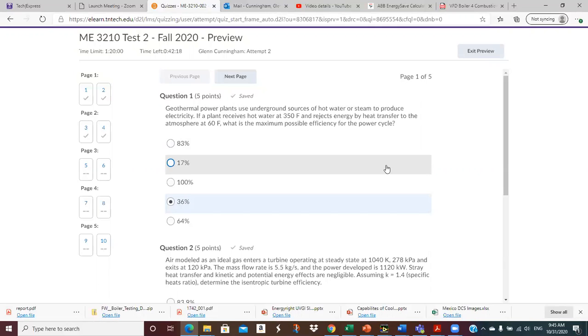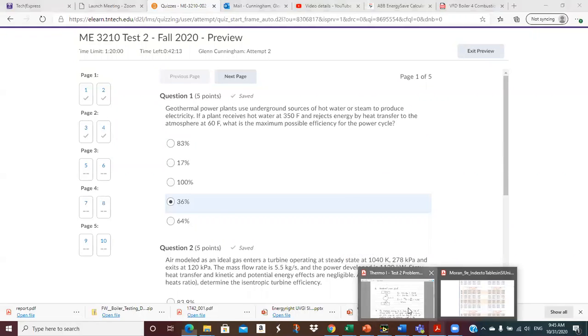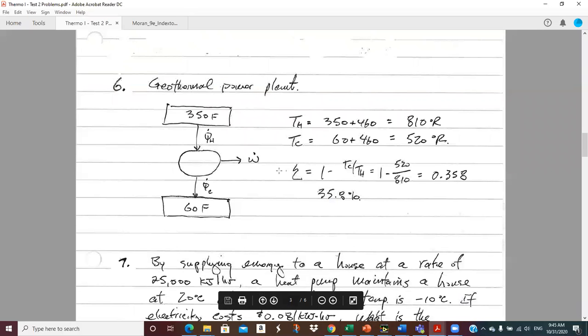So we want the Carnot efficiency. This problem is really pretty simple. Here's the picture. We draw this high temperature reservoir, 350 Fahrenheit, low temperature at 60. We're transferring heat into our power cycle, rejecting heat as required by the second law, and we get some work out. So the equation for the maximum possible efficiency given these temperatures is just 1 minus Tc over Th,